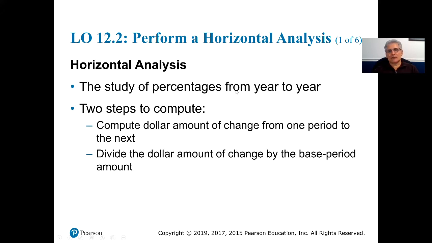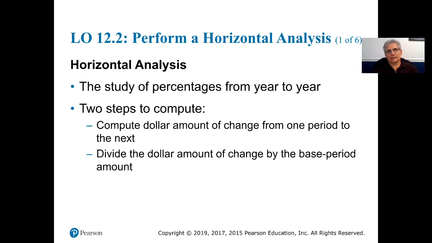We're going to be studying percentages from year to year. And there's two steps to compute. First, we have to compute the dollar amount of change from one period to the next, or the difference between two years. Whatever that change is, from one period to the next, we need that dollar amount first. Then once you have that dollar amount, you can divide that change by the base period. Now the base period is usually the earliest year